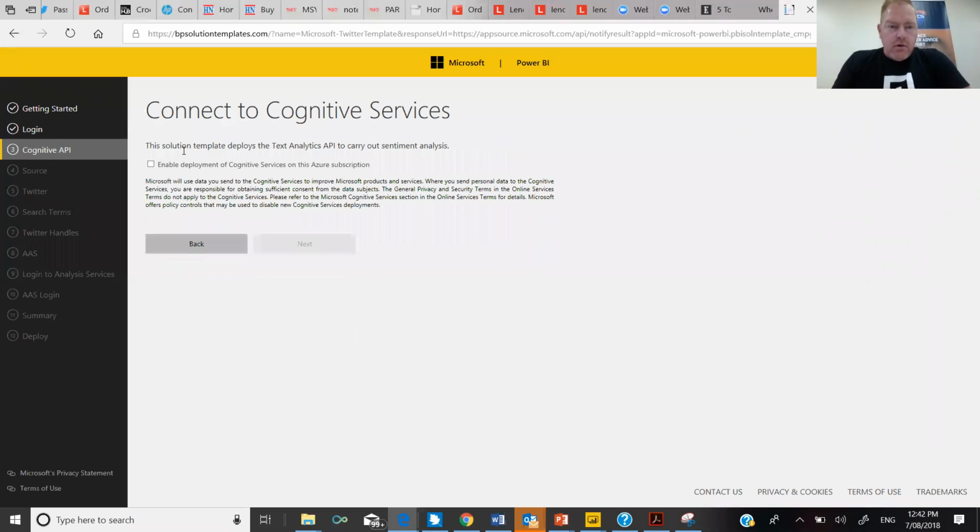Okay, so this solution template deploys the text analytics API, the ability to carry out sentiment analysis. And it's saying you need to tick yes, because that generates some costs. So you need to check that.